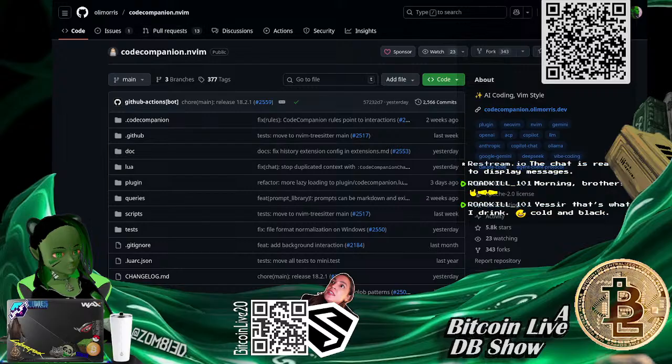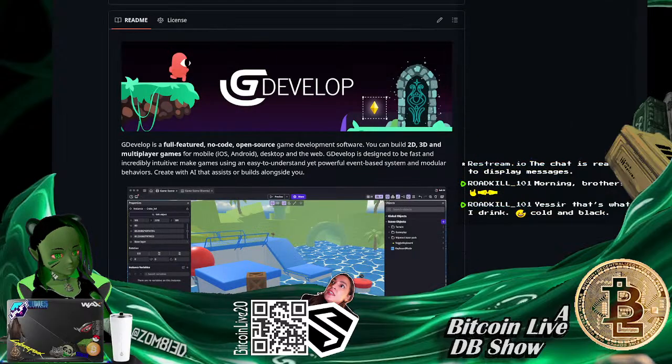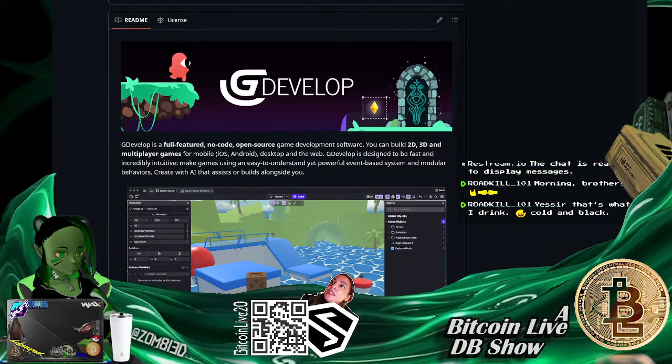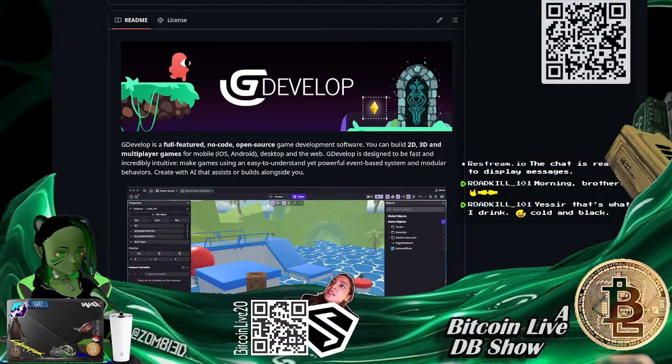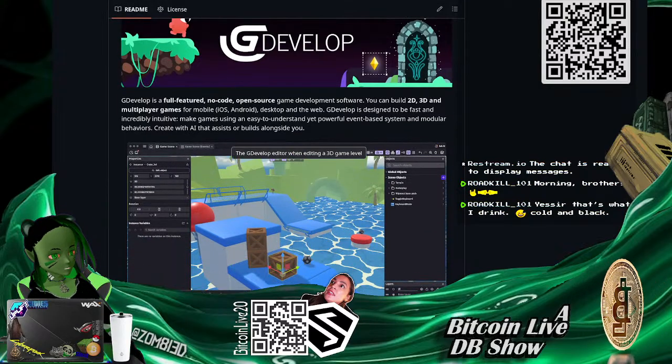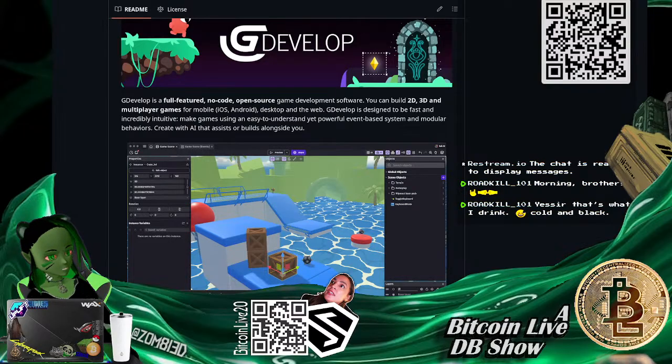Okay. It was one of the vibe coded projects, yes. Here's the other one, GDevelop. Now, this one, again, it's a full-featured no-code open source game development software. And they've been around for a while. So basically, what happens is some people that have a game developing software add vibe coding system technology into it. Well, you get some awesome tech like GDevelop, which has AI entwined to help people make games. The entirety of GDevelop was to help people without code make video games.